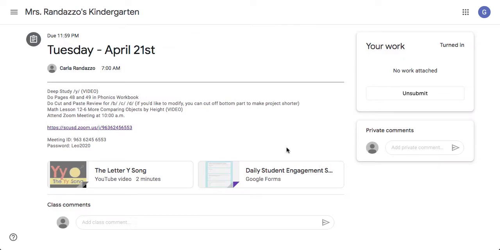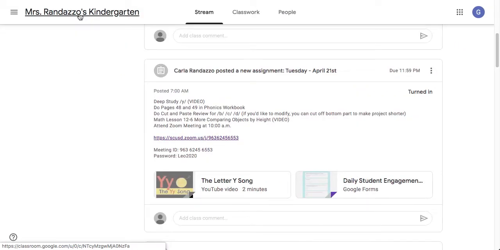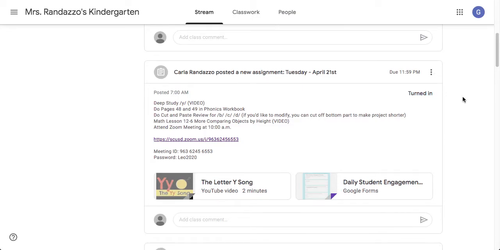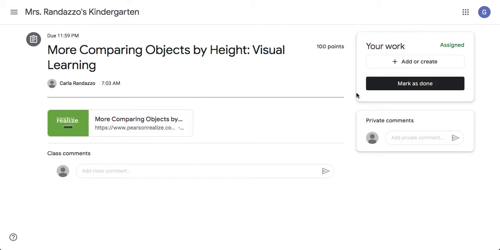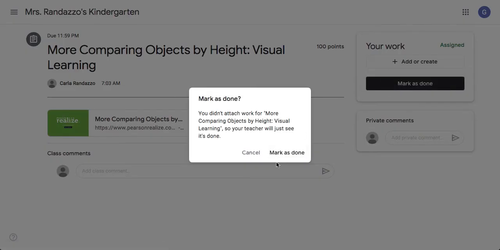and that's it. To get back to your page, you just click Mrs. Randazzo's kindergarten. You will see now it's marked as turned in right here. That means you did it. So you go up, you go with the next assignment, whatever you completed, you watched it, click on the clipboard, mark as done,